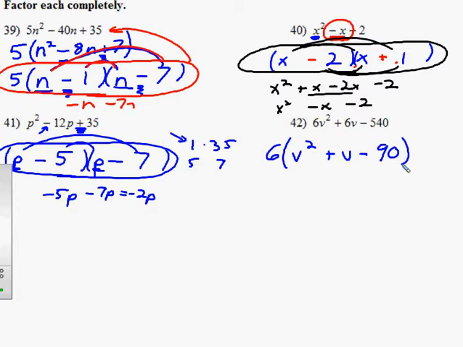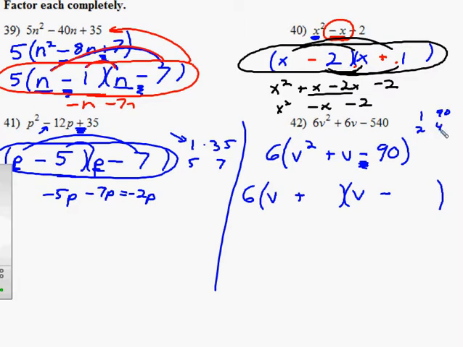And now we're going to try to factor further. Don't forget the 6. We have a 6. We're going to have our two sets of parentheses to see if we can factor this. And so to get the v squared, we need a v here and a v here. To get a negative 90, we're looking at this sign here, negative, we need a positive and a negative. And now we're thinking of the factors of 90. So we have 1 and 90, there's actually a lot of them, 2 and 45, 3 and 30, 4 doesn't work, 5 and 18,